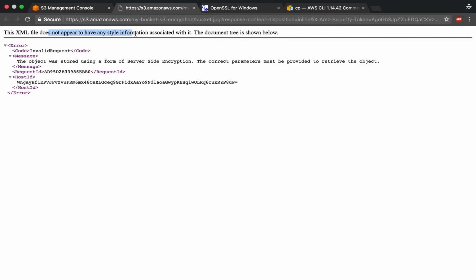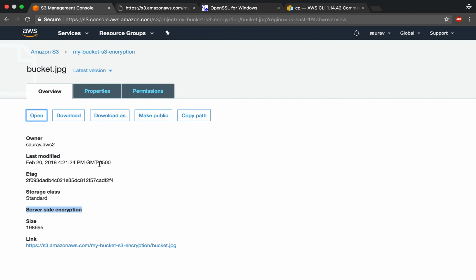Right, yeah, I get a message: the object was stored using a form of server-side encryption, then the correct parameters must be provided to retrieve the object. So there's no way to retrieve the object with the console once again, and what you need to do to retrieve this object is